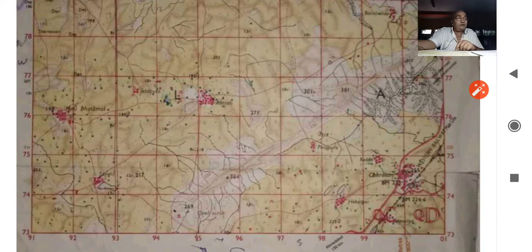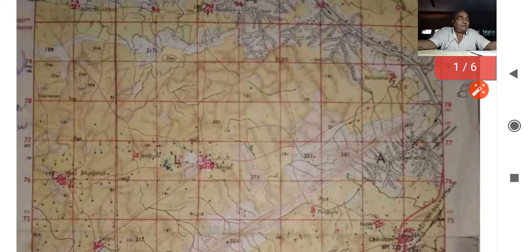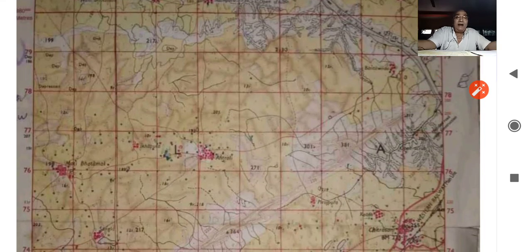The second question is to find out the direction of a river. If you are asked the direction of Balram Nadi, over the topo sheet you can see Balram Nadi is given. Normally for the direction of the river, an arrow is marked in the bed of the river. The arrow you will have to see very minutely. This arrow lies in the 4 figure 9880, and the arrow heads towards northwest direction. So the direction of Balram Nadi is northwest.